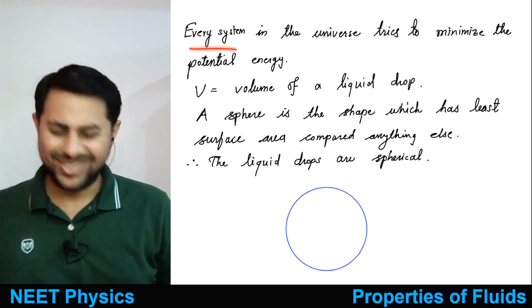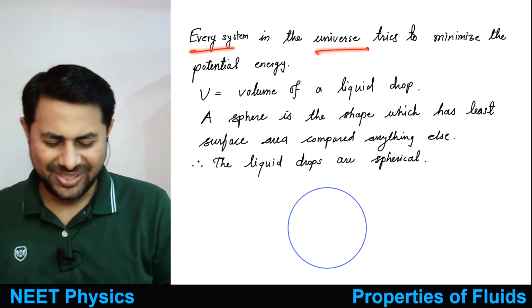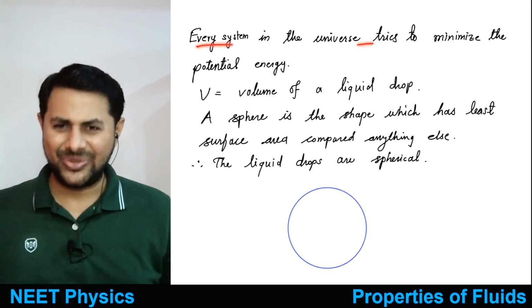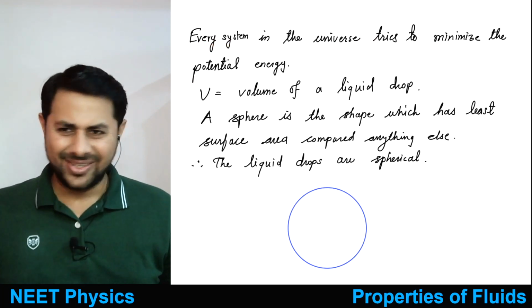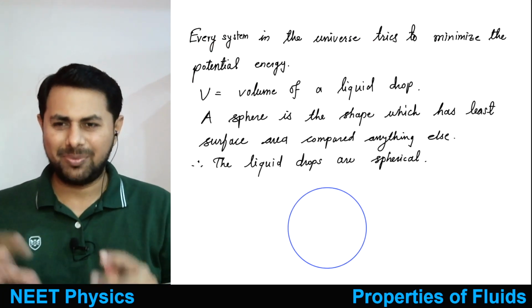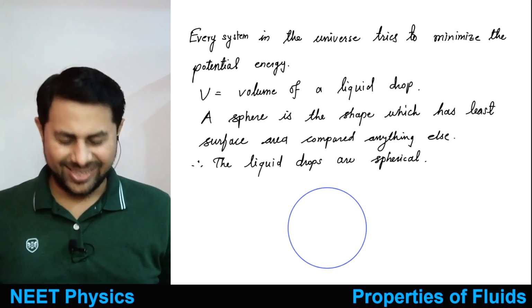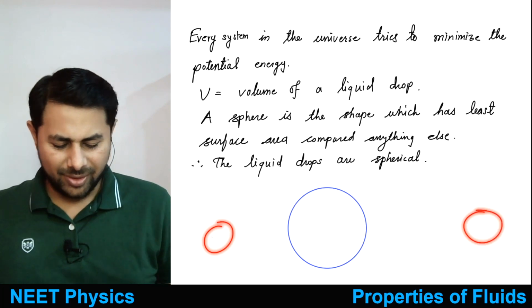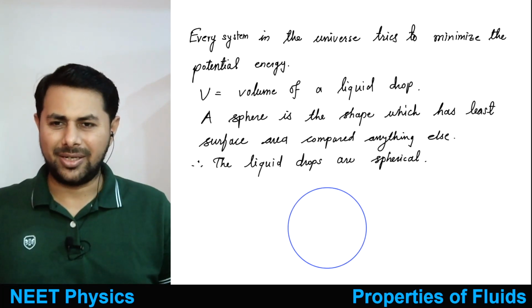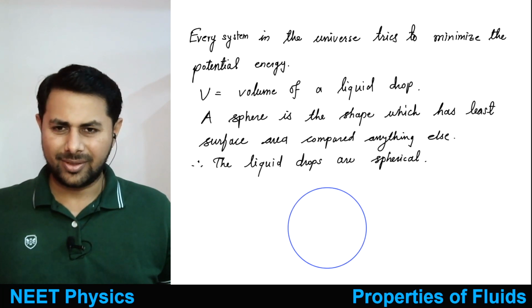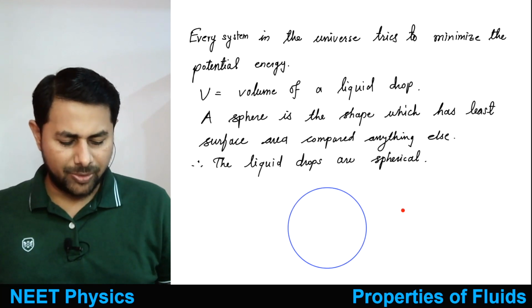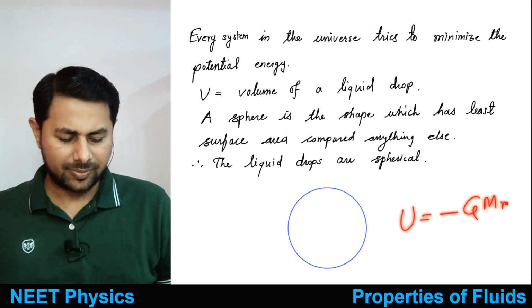So then this is a universal truth that every system in the universe tries to minimize the potential energy, right? Everything happens in that way. For an example, if you think of gravity, we shouldn't go to gravity, but still, suppose you think of two masses kept at infinite distance. Then they come closer. If they come closer to each other, the potential energy decreases. It is minus GMm upon r,